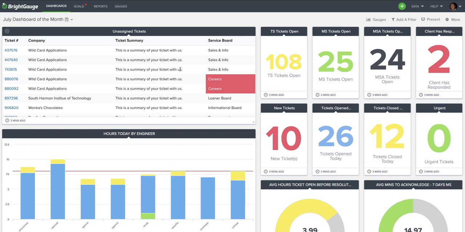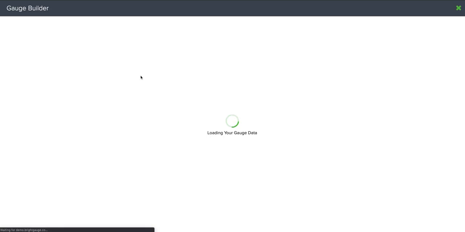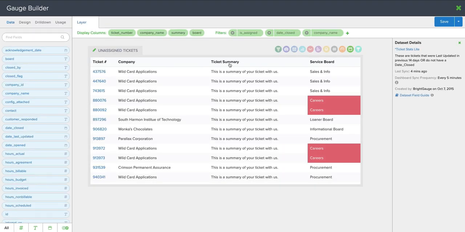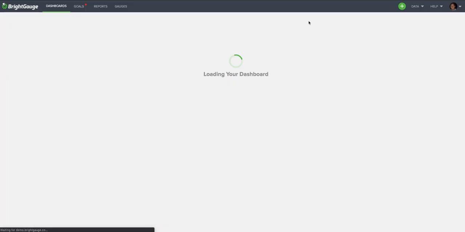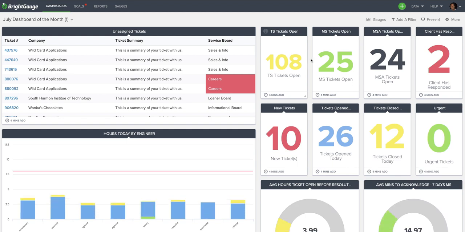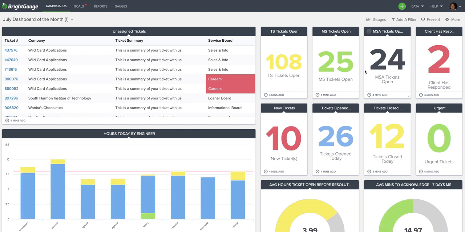get a little summary of what's going on in these tickets, and perhaps highlight certain types of tickets either coming from a certain board like they are in this example, or maybe you want to come into this gauge and add fields for priorities or something like that in order to highlight other avenues of a ticket that you want the team focused in on. These individuals, as I said, are just carbon copies of each other, but they are set up for different